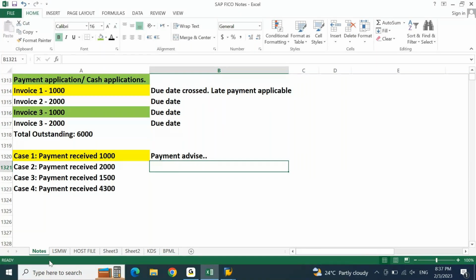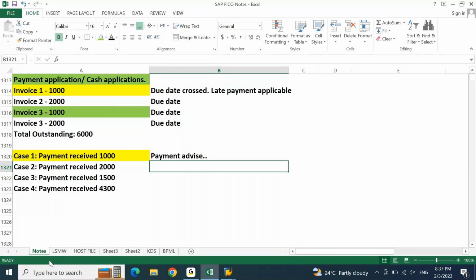Like I have handled the scenario. Once that amount hits the bank statement, I identify it through the bank transaction and request the particular client for the payment advice. They will provide. But in case you are not able to reach out to your customer or not able to get the information,